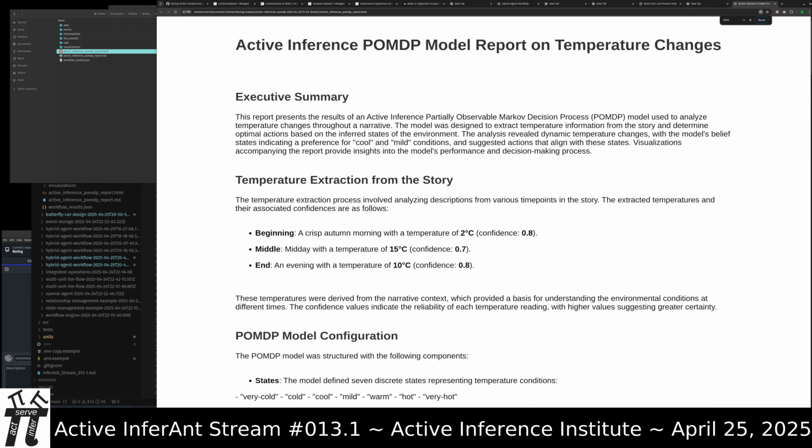So this is the executive summary. This report presents the results of an active inference partially observable Markov decision process (POMDP) model used to analyze temperature changes throughout a narrative. The model was designed to extract temperature information from the story and determine optimal actions based on the inferred states of the environment.